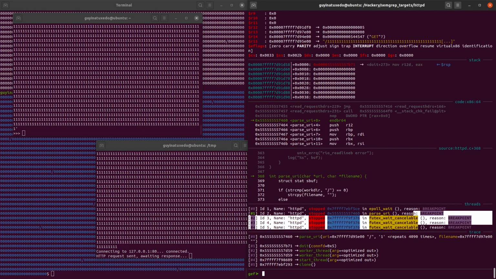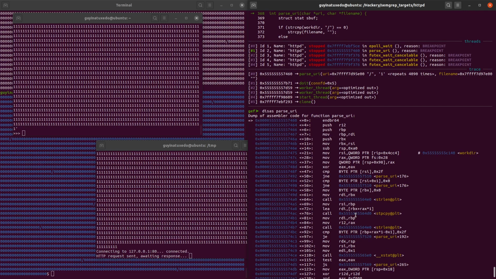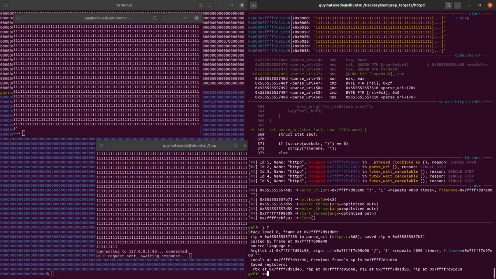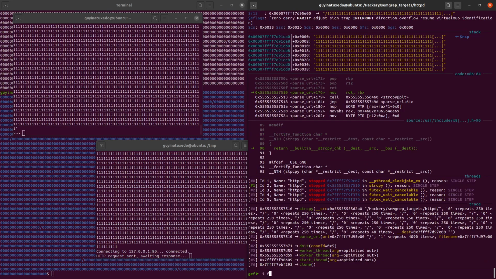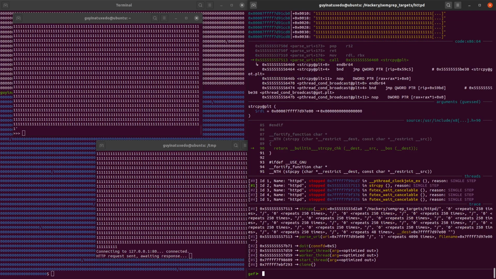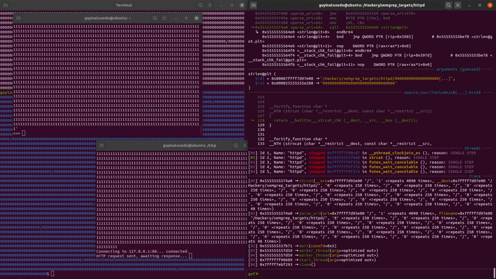Okay, cool. So here, how big is this function? About 50 to 100 instructions, not too bad. I'm gonna just step through and see what's going on here. Yes, the saved return address is normal so far. Oh, I'm in strcpy. Strlcat. Okay, it looks like